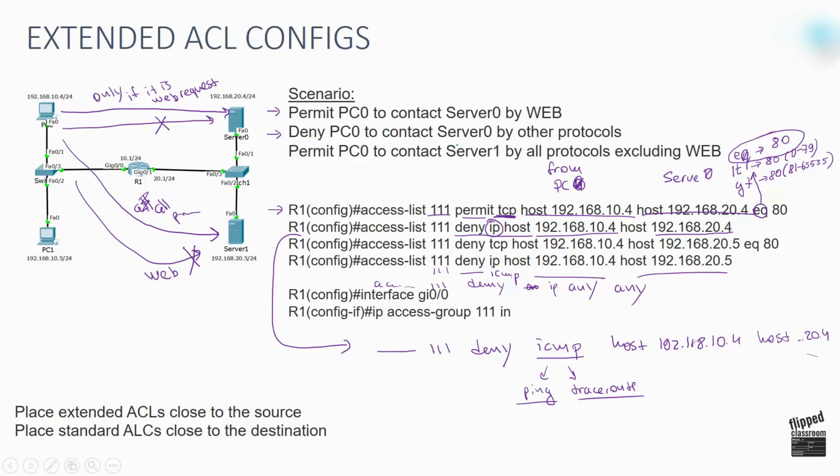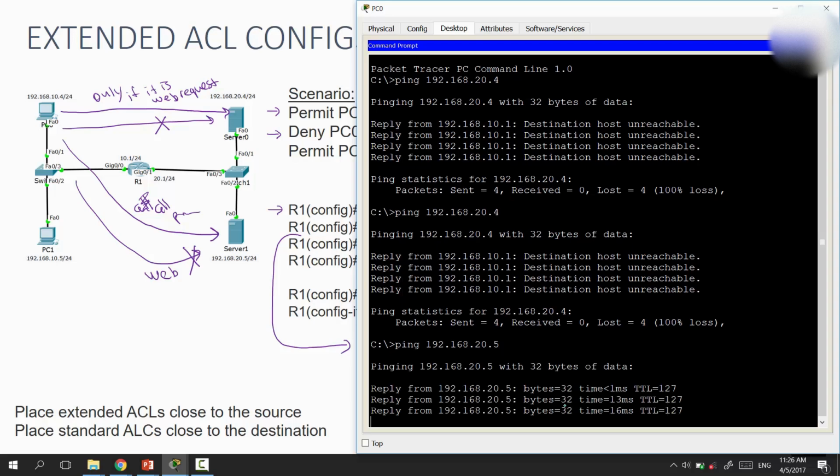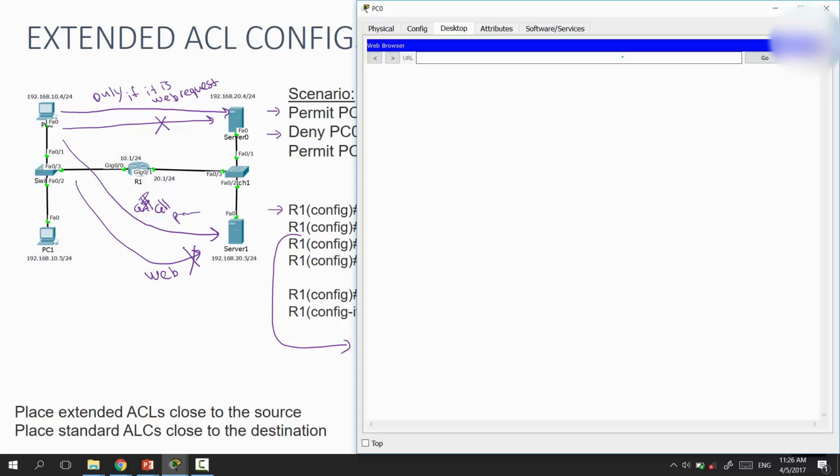Next, permit PC0 to contact web server 1 by all protocols, excluding web. But here we have it vice versa. From PC0, we'll try to ping server 1. We are able to do it, you see? We have successful replies coming. But when we try to access 20.5 by web protocol, it will not be successful,